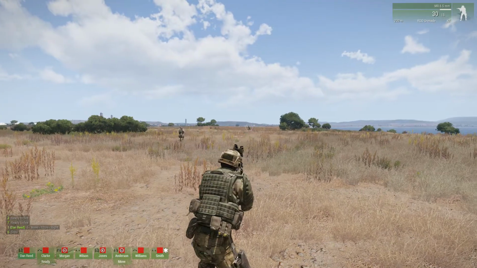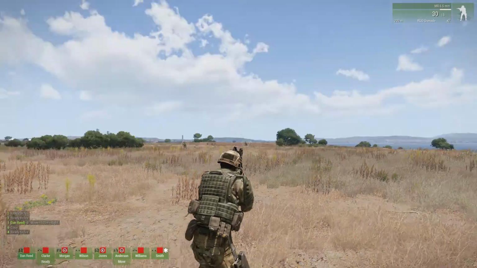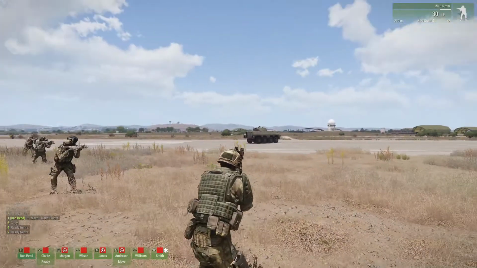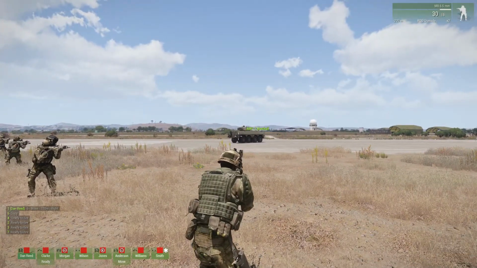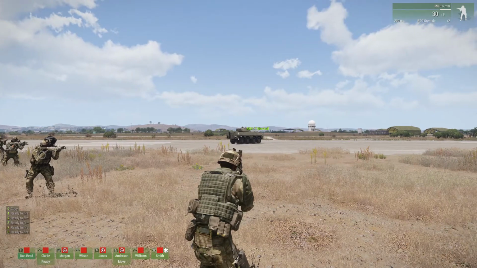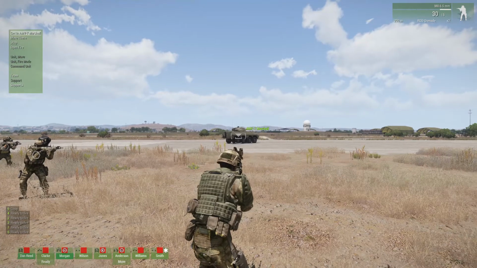So either way, you can move your characters. All right. Another thing you can do, so that's the context sensitive. Here's another one. I'm going to have 3 get in that vehicle over there. So I'm going to push F3, select